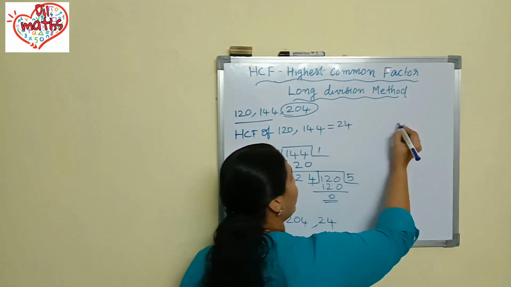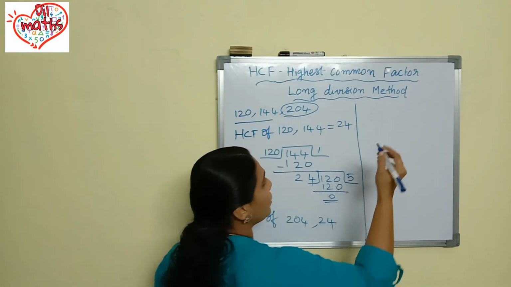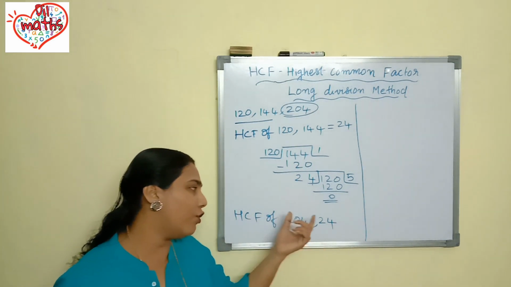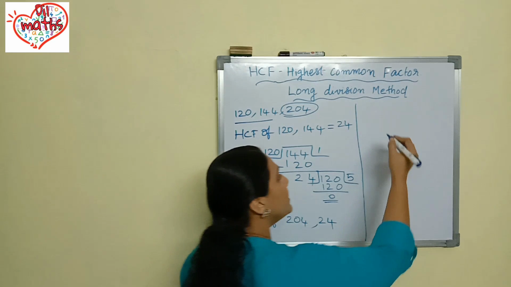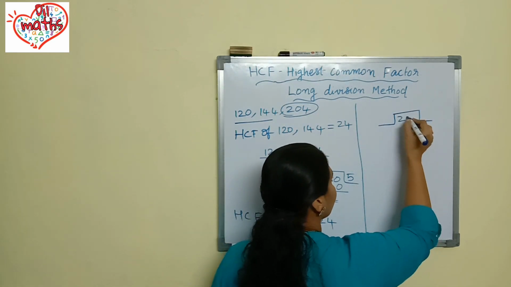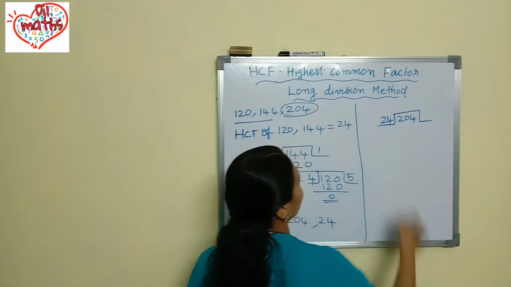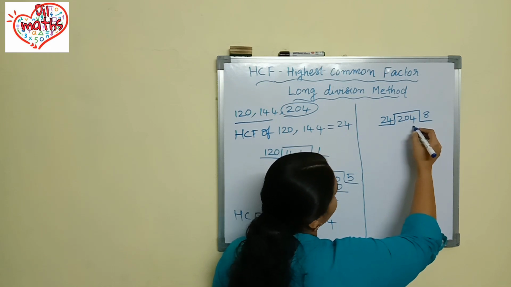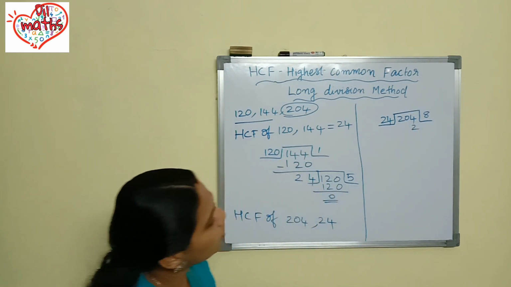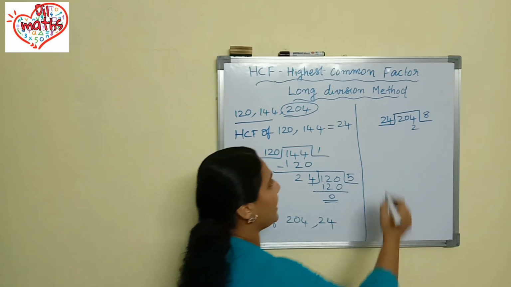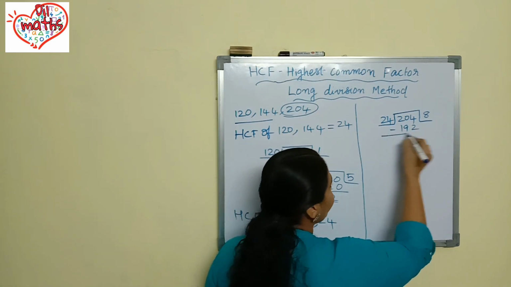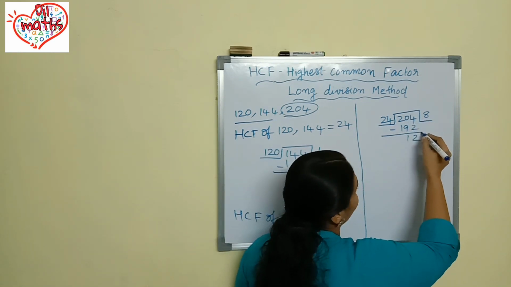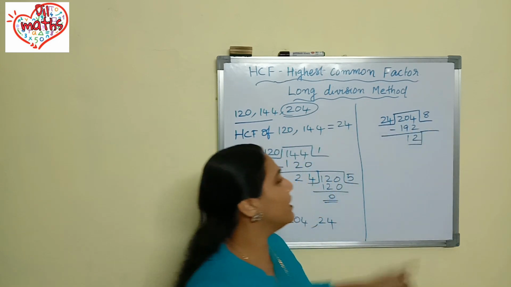Now we will find the HCF of 204 and 24. What will be the dividend here and what will be the divisor? The dividend will be 204 and 24 will be the divisor. So how many times will it go? 8 times. 8 4s are 32, 3 carry forward. 8 2s are 16, 16 plus 3 is 19, so 192. If you subtract, 4 minus 2 is 2, 10 minus 9 is equal to 1. You will get 12, and so we got the remainder as 12.